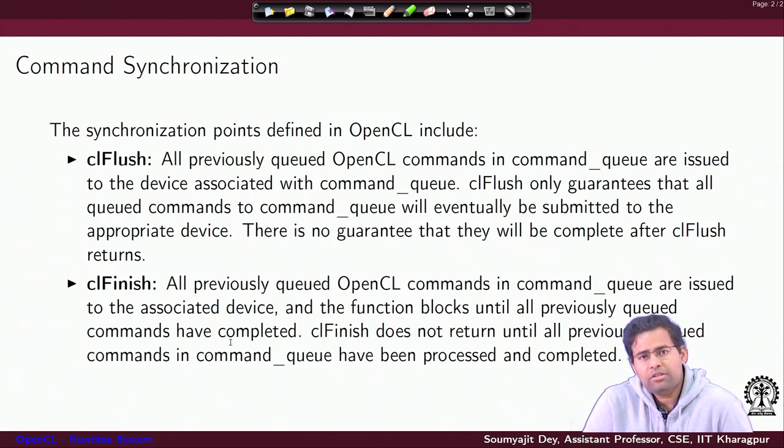So, unlike clFlush, which guarantees that commands enqueued earlier are all submitted to the device from the command queue, clFinish, if it is executed and returns successfully, guarantees that all enqueued commands have completed. It does not return until all the previously queued commands in the command queue have been processed and completed. I hope this is the difference between flush and finish that you can understand.